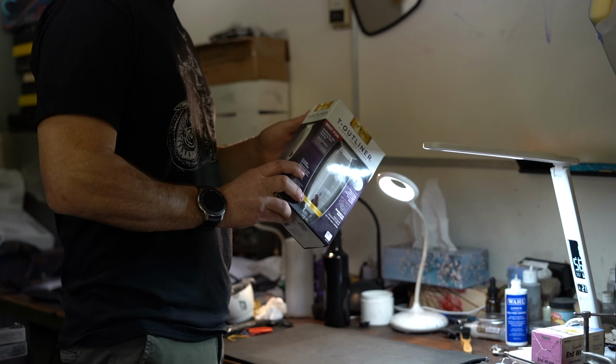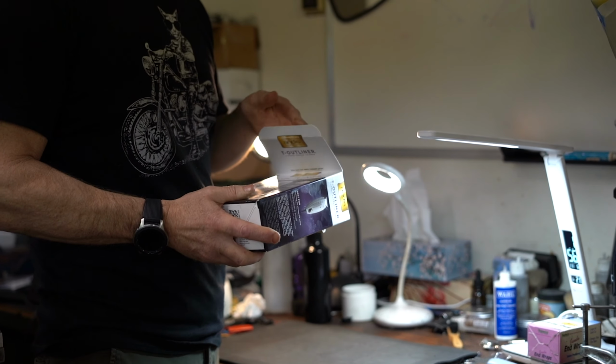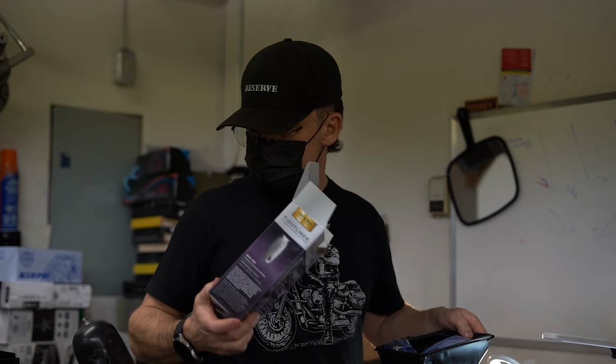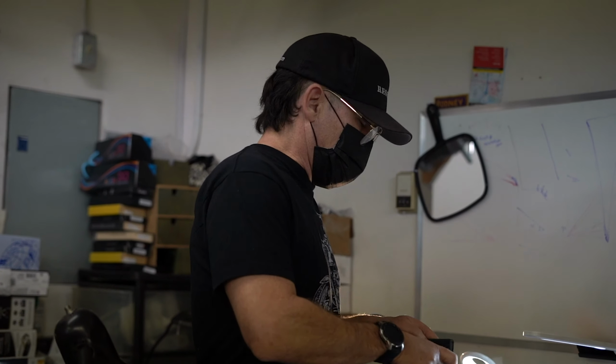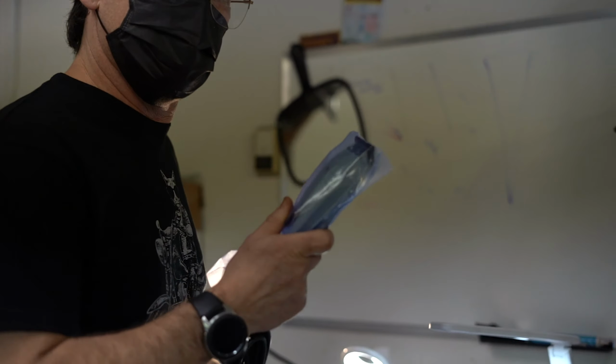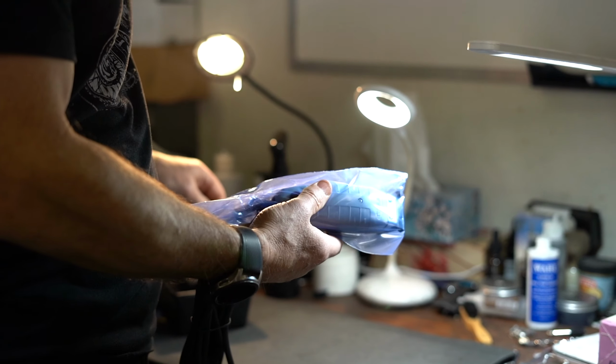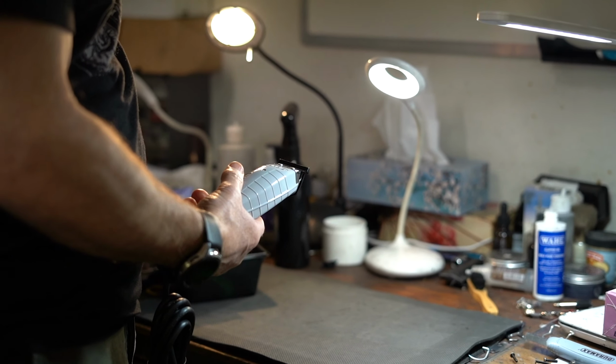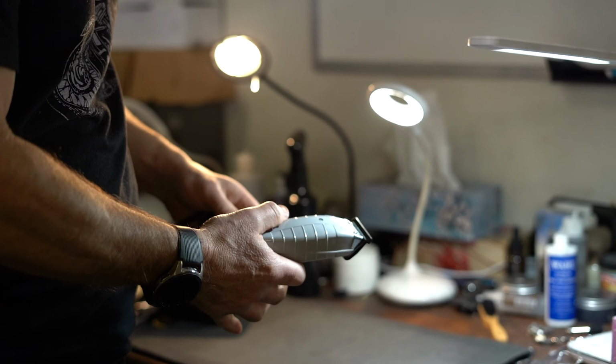Out of the box, I've found that they often don't cut as well as they should. So, all of the ones that we sell, we make this little adjustment to them before we sell them. If you find that your corded T-Outliner isn't running as strong as you'd like it to, this is how you'll